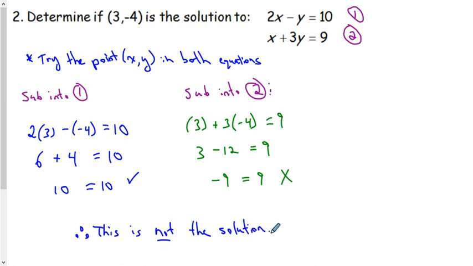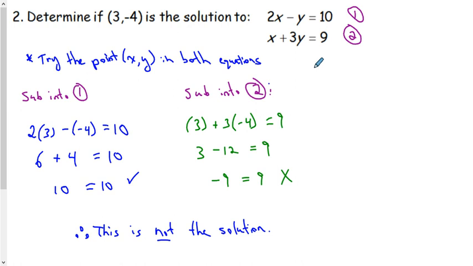There's another solution. You could plug those into Desmos and find it pretty quick and easy, or use one of our other methods of solving. I want to point out a bit of language though. We would not say that 3, negative 4 is the solution to equation 1. We could say it is a solution to equation 1, because equation 1 is a line, right? So you could have infinite points on that line going either direction. So we could say it is a solution to equation 1, but it is not the solution to the system